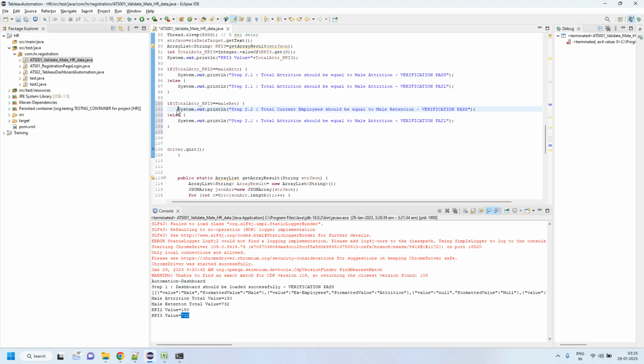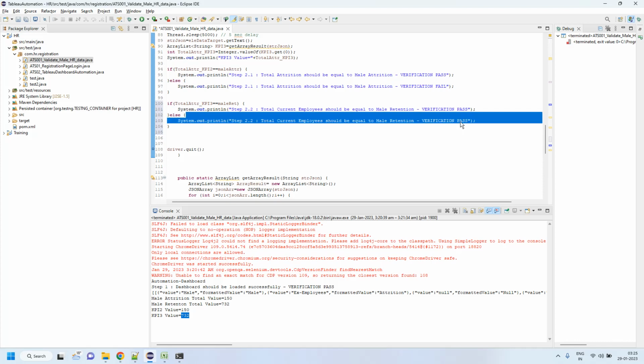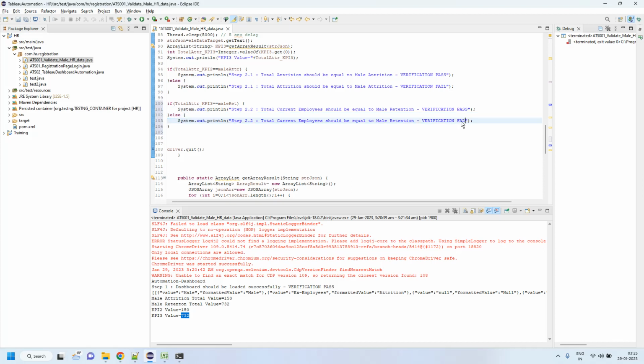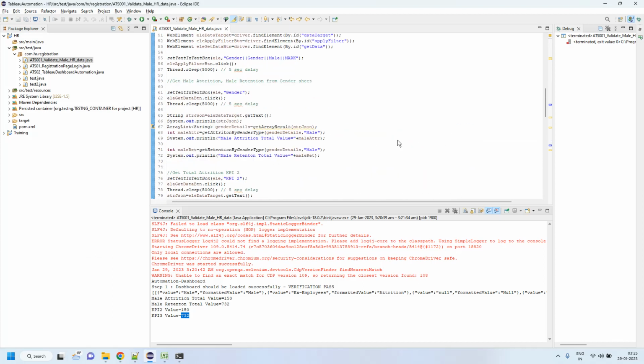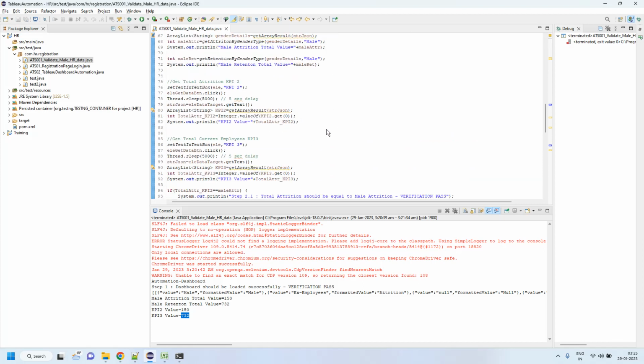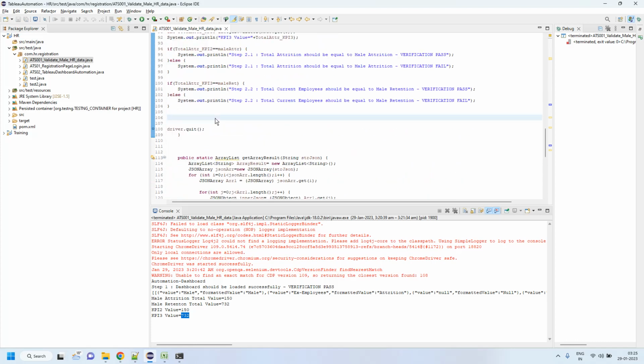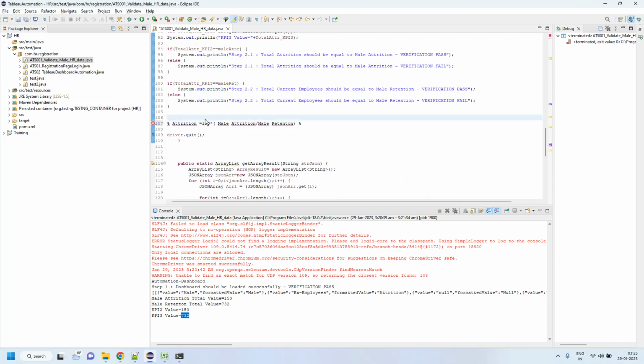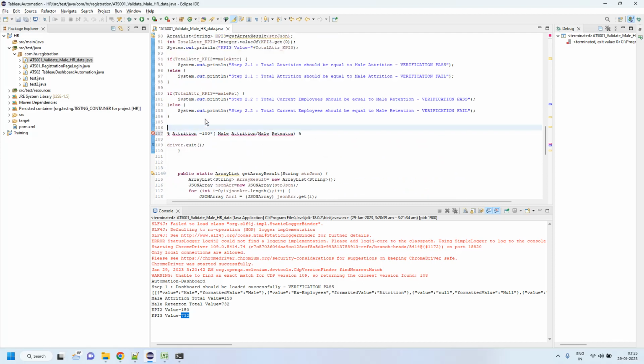Retention. Okay, copy it. Else will be fail. Third step is percentage attrition equal to this calculation. So for that we have to calculate the percentage, and from here also we have to calculate the percentage. So our percentage calculation is,